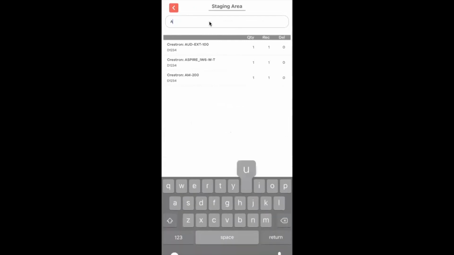I can click on the staging report, and it's going to bring up any items that I have in the staging area. So in this instance, I only have 3 items sitting in the staging area. They're all staged for this D1234 job, but if I had more jobs or more items, they would show up here. And if I want to filter, because maybe this is a really long list and I know I'm just looking for an odd AUD EXT1, I start typing in and it's going to filter out to that specific one